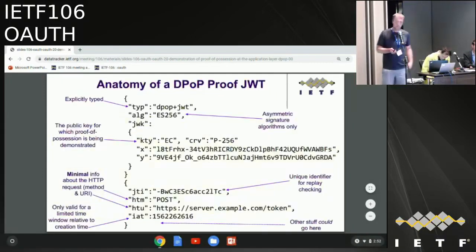Real quick look at what this actually looks like. That DPoP proof is a header that's a JWT sent in each request, and decoded it looks a little bit something like this. A few aspects of it: it's explicitly typed. We're supporting asymmetric signatures only, and it must be one of the asymmetric algorithms. Inside of the header is the JWK, the public portion of the key pair that the client is asserting ownership of. And then in the claims itself, we have a unique identifier, a JTI claim,